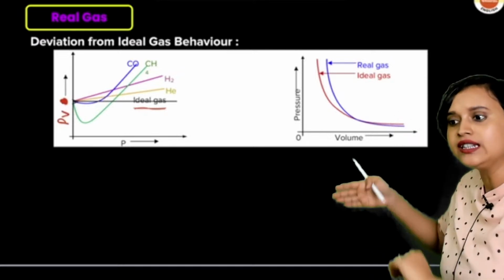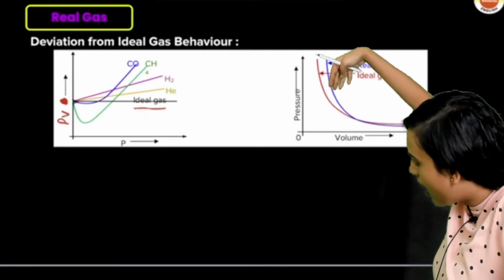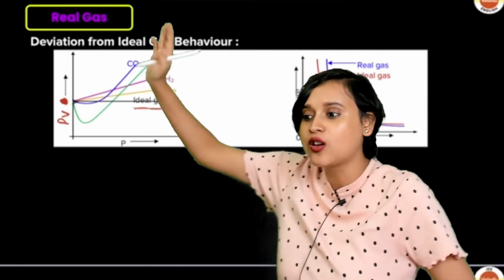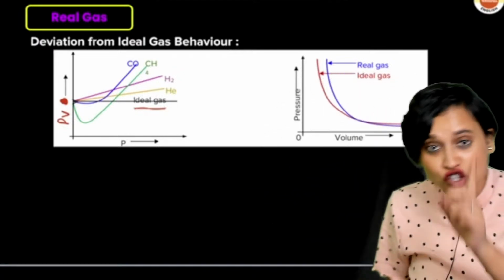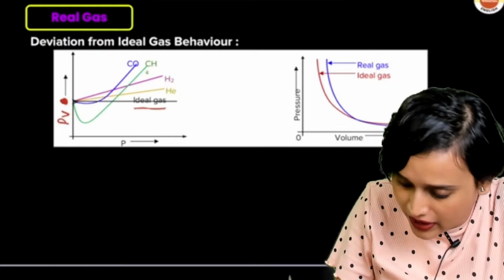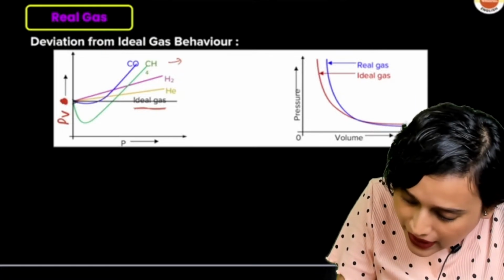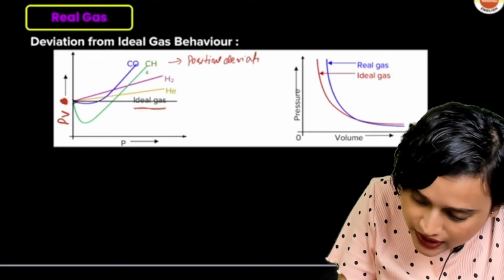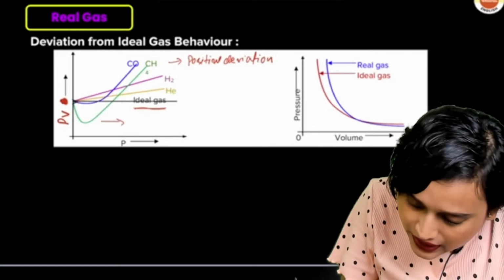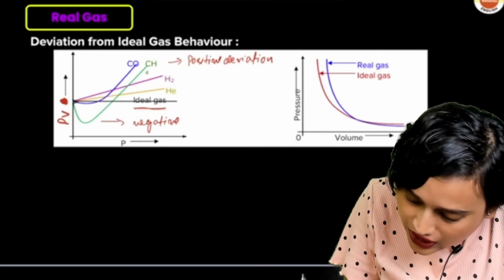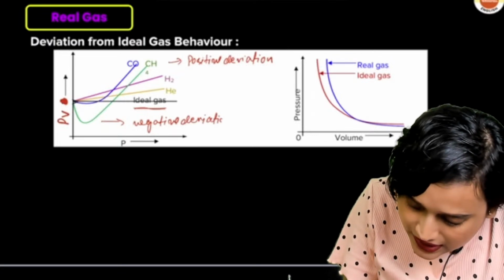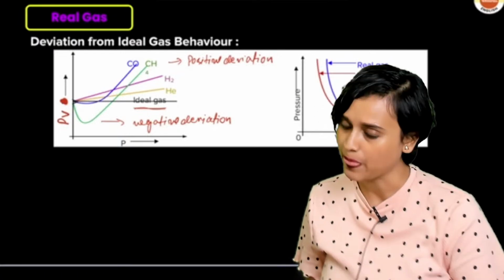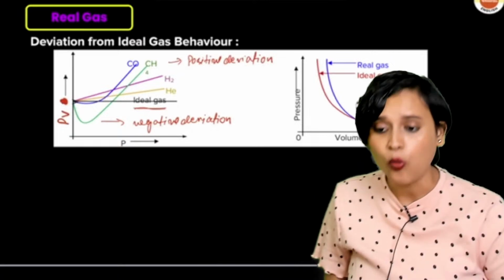And these gases, do you see that they are going down, they're dipping? They are going below the ideal gas curve and then they are going up. So in this case, there are 2 types of deviation happening. When they're going up and up, this is called positive deviation from ideal gas. And this part is called negative deviation, everyone. Are you seeing it? Yes?